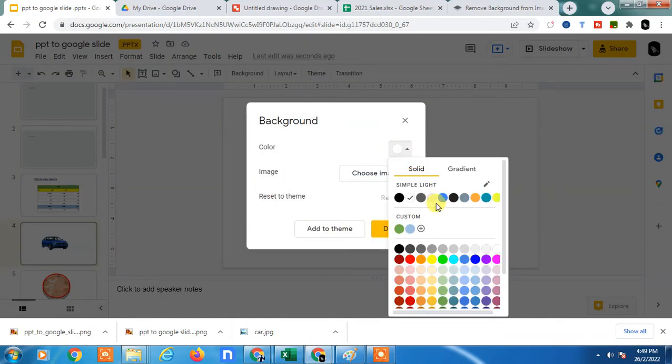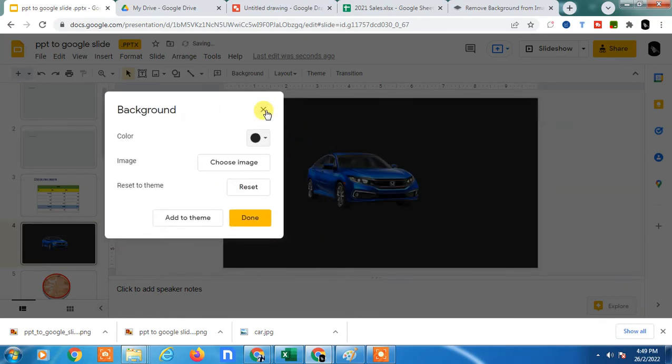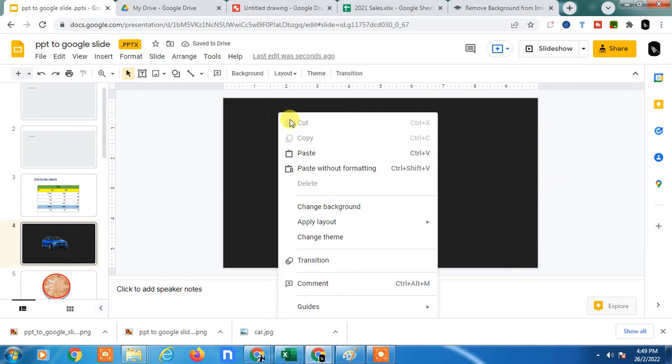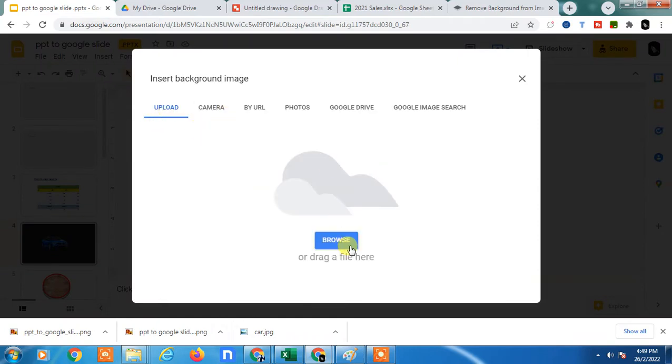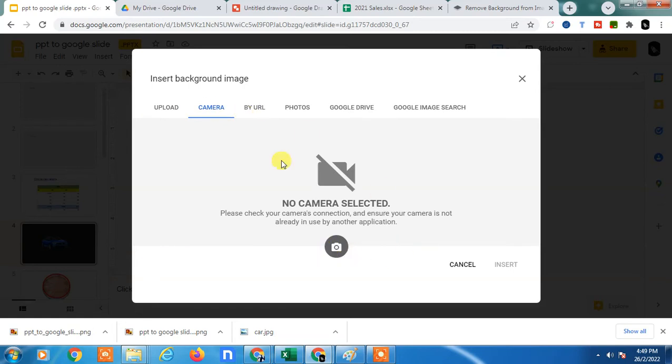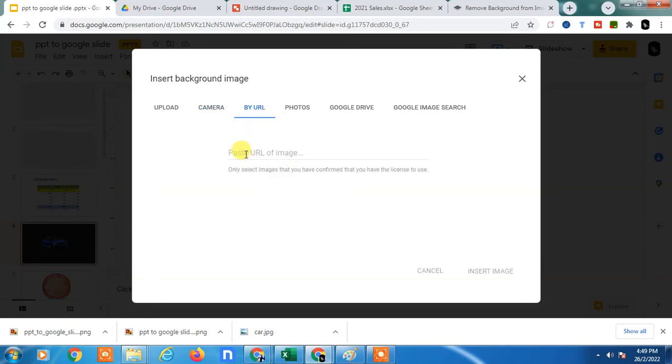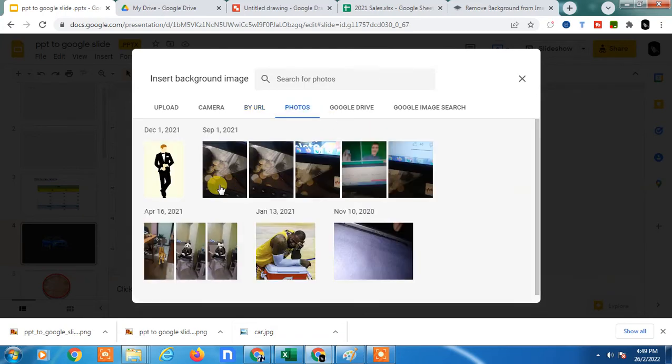Now you can change the color from here. Okay, so you can see the background color will be changed, and you can also change the background with an image. You can also reset it. If you want to change with a background image, just click on image. Now you can upload a new image from your computer. You can take a photo from your camera. You can also paste the URL of an image here. You can also take photos from your drive